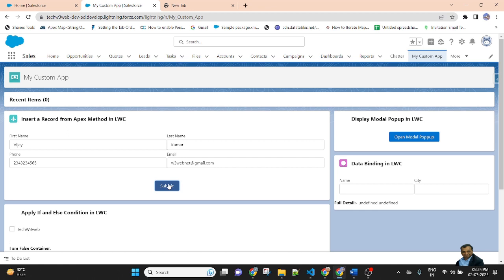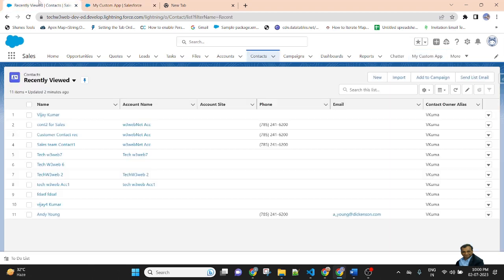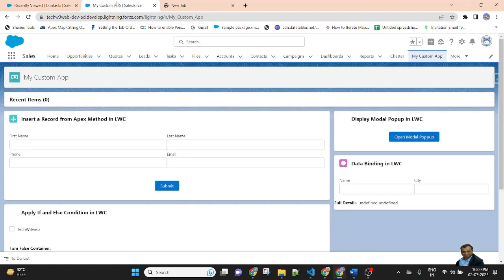Click on the button. So here I am checking the contact. So the record has been created, but it is not redirecting to the record detail page and does not display the toast message. So let me check my VS Code.